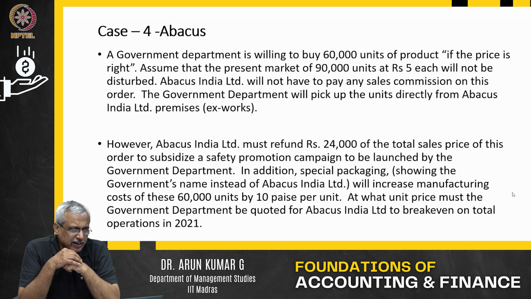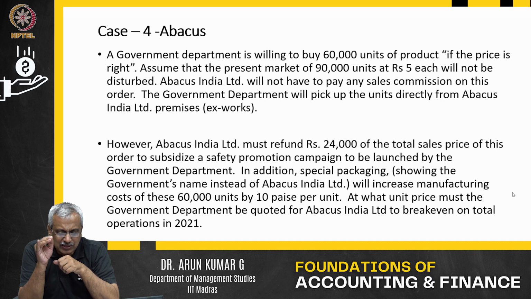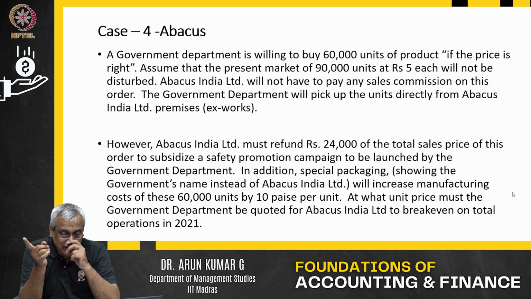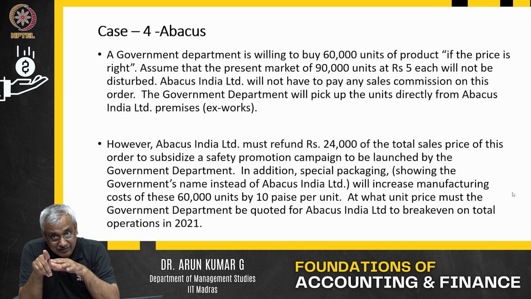The fourth option is very different. It says that the government department is willing to buy 60,000 units of the product. Fantastic. That reaches the capacity because you are operating at 90,000. If the government department picks up 60,000, that makes 150,000, and it reaches the capacity. If the price is right,